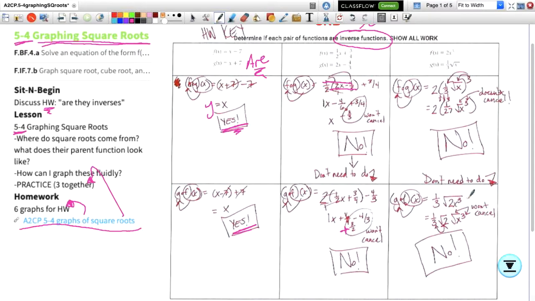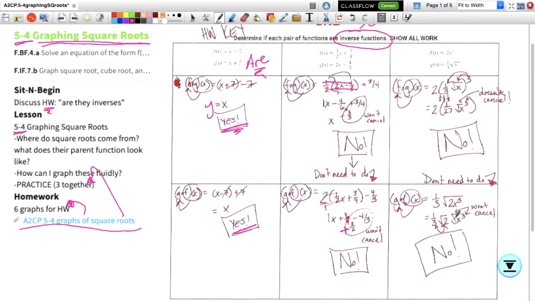Now, one of the properties that you may or may not have seen before, I know we talked about it in my class, was that you can distribute this root to everything underneath if it's a monomial. So this is a monomial. It's everything all squished together, so I can make it the square root of 2, and I can make it the square root of x to the 3rd. So once I distribute that root to both of the pieces of my monomial, I can identify,